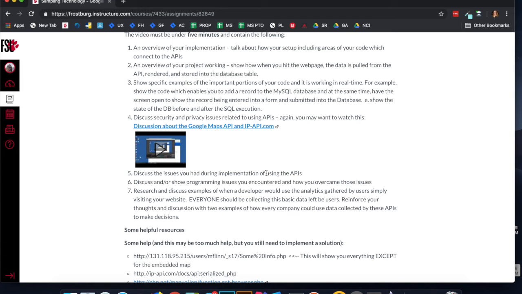Issues that I had during implementation was figuring out my Google API key. I thought that it was going to bill me, but you get up to 200 requests or whatever. So that was a little bit of thing that I had to do some more research about. Initially finding my IP address, I had turned to an external service to pull that because I was just getting one for localhost. But then that was just when I was testing my environment. But then whenever I got the IP